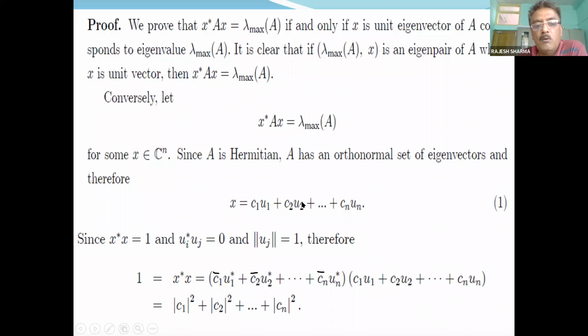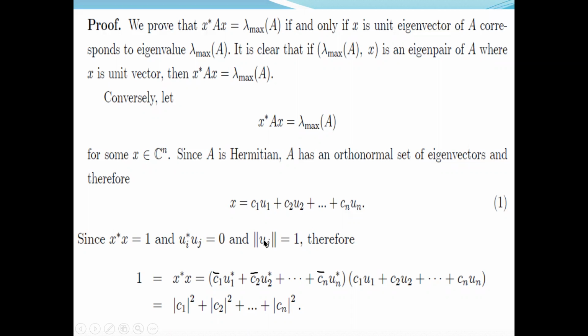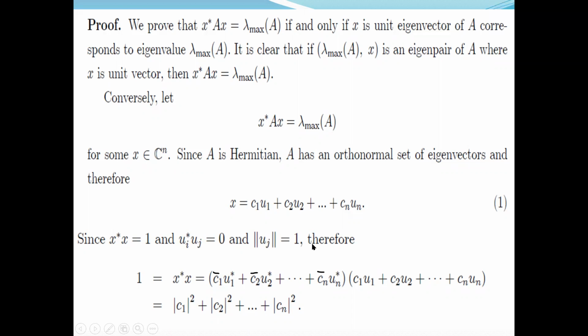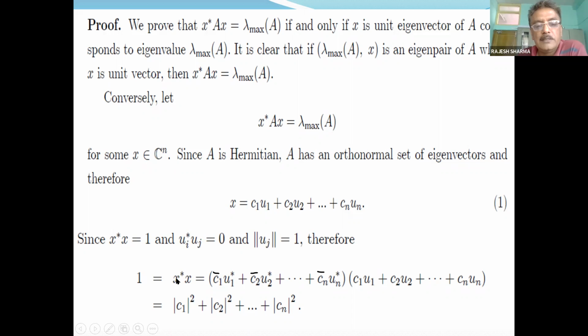Also these are orthonormal, therefore ui star uj is 0 for i not equal to j. And ui star ui comes out to be 1 because this is a unit vector. Now we calculate this x star x, which is 1. We put the value of this: C1 conjugate U1 star plus C2 conjugate U2 star plus on up to Cn conjugate Un star,